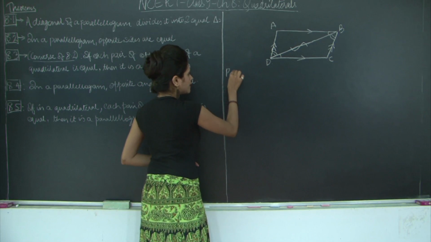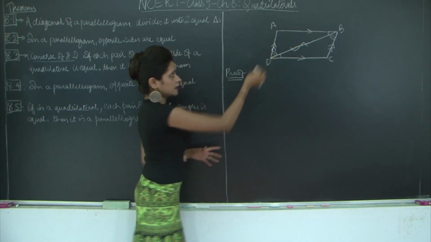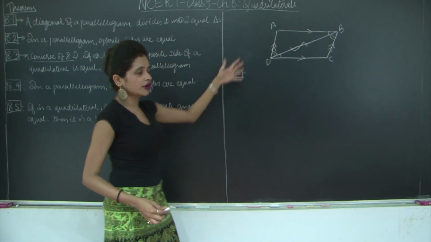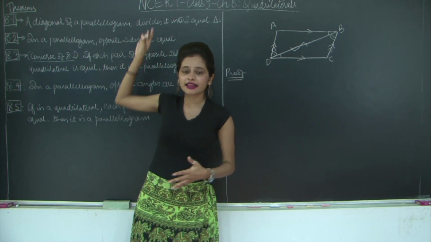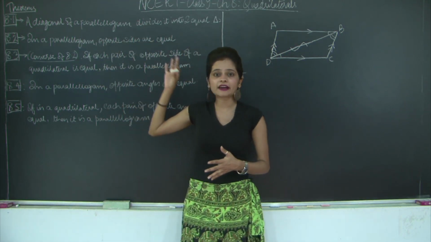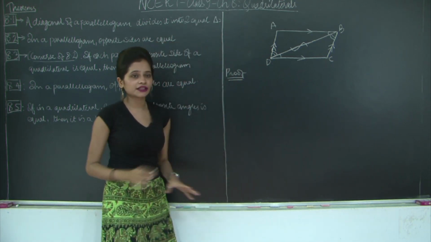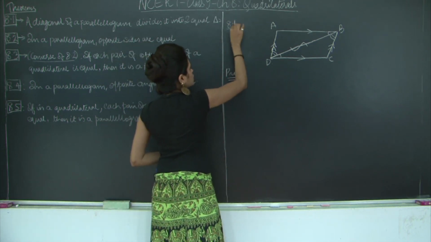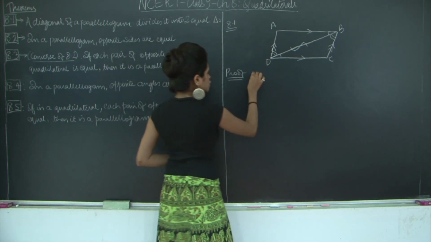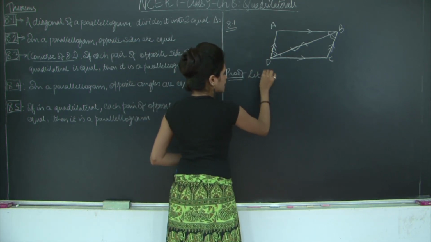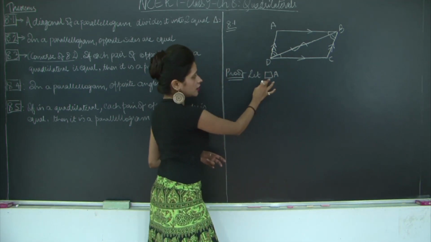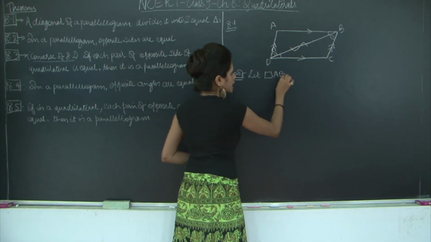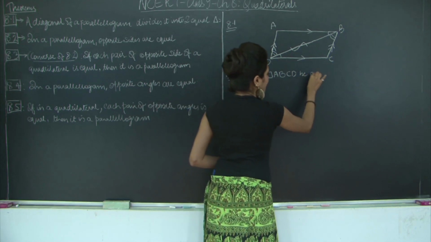When you write the proof, you will have to give an introduction about what the quadrilateral is. It's a parallelogram. You have to name the parallelogram, then we draw the diagonal, because the theorem only states that the diagonal divides the parallelogram into two equal triangles. Therefore, we need to write everything from scratch. Even this diagram, we need to draw it before proving the two triangles as congruent. So I'll say, let quadrilateral, this box is a short form of denoting a quadrilateral, ABCD be a parallelogram.